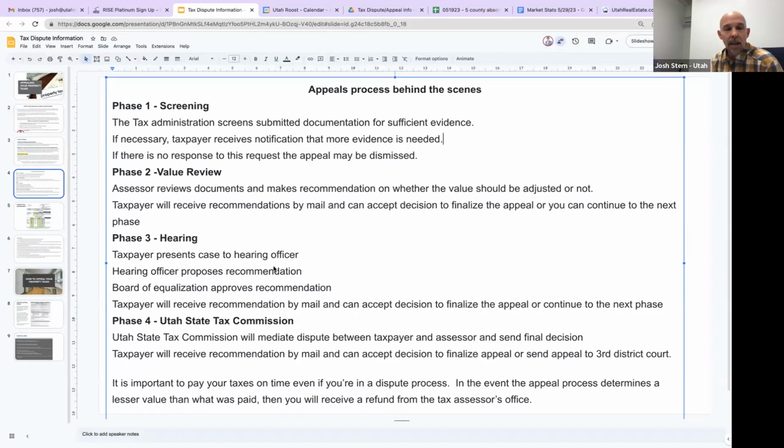Okay. And then phase 4 is the Utah State Tax Commission will mediate any disputes between the taxpayer and the tax assessor, and then send the final decision to the taxpayer. What I find, generally speaking, unless there's some seriously erroneous information that the evidence they collected on their own includes, is that you're more often than not going to succeed through phase 2 and phase 3. More often than not, you won't succeed through phase 4, unless, you know, I give you the example of the